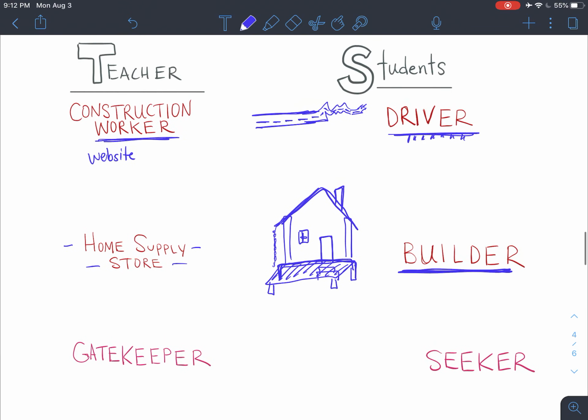Now, overall, as a teacher in the classroom, what that's looking like is that you are really something I like to call the gatekeeper. I like to call myself a gatekeeper because our job here is to either provide more challenges or less challenges or meet students where they are. And it's our job to know where students are so that we can really be there for them. So as a gatekeeper, I guess the opposite of that for students would be something like they're the seeker of the knowledge. They're the ones that need to get out and get after it.